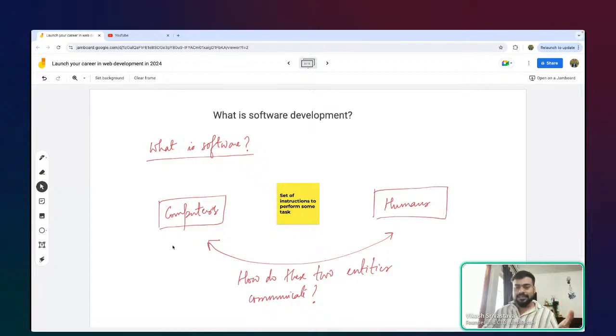Can you guys list in the chat what tasks we can do? Can you tell me what tasks we can perform? If I'm saying we want to perform some task, what can I get done from the computer? Can anyone tell me, right? What are the tasks that we can get done with a computer? Okay, just simple examples. Tell me in the chat. So what are the tasks that we can hope or expect a computer to do?